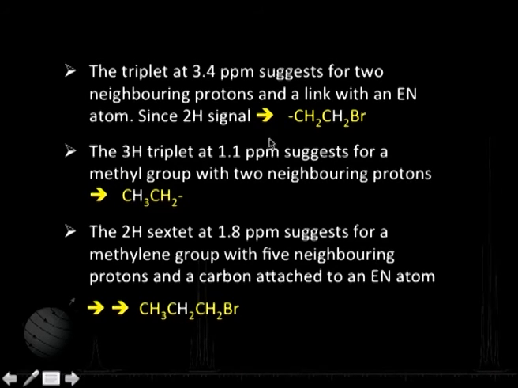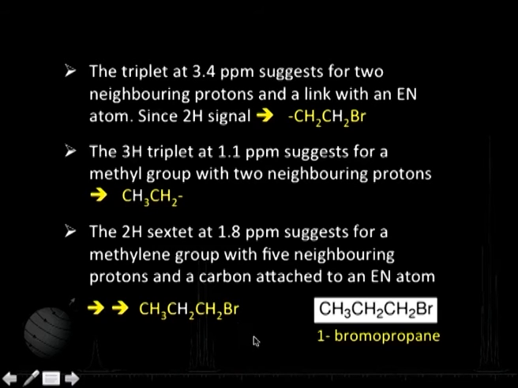So, with all this information put together, I can work out a structure to be something like this: CH3, CH2, CH2, Br. These are the 2 protons here which will have 3 neighbors on this side and 2 on this side. So, 3 plus 2 is 5, and this gives me a 6 line spectrum over there. That is the kind of spectrum I get there, and these protons are coming at 1.8 ppm because they are attached to a carbon atom attached to a bromine atom. So, the structure comes out to be 1 bromopropane: CH3, CH2, CH2, Br.